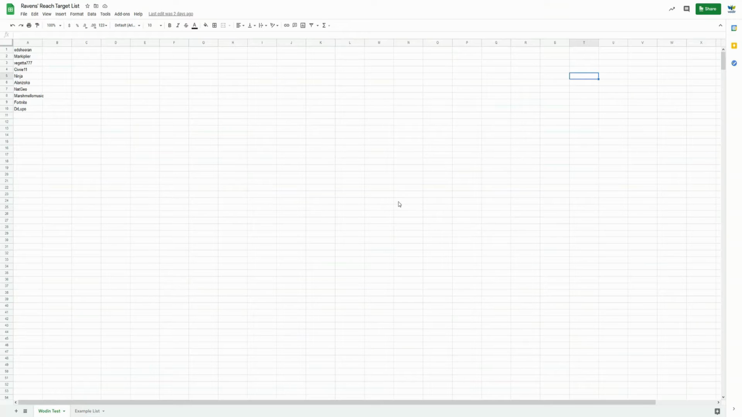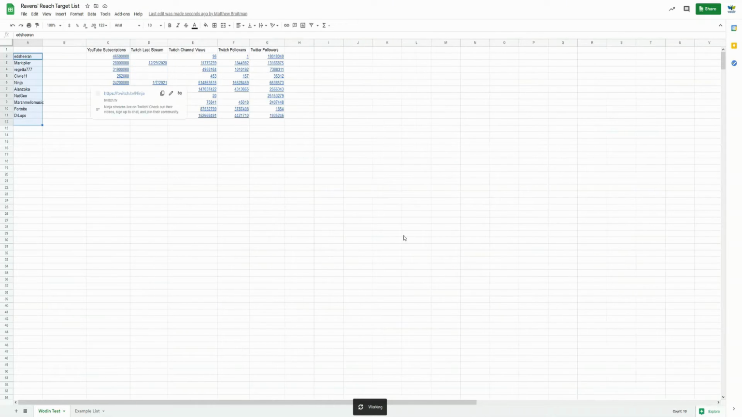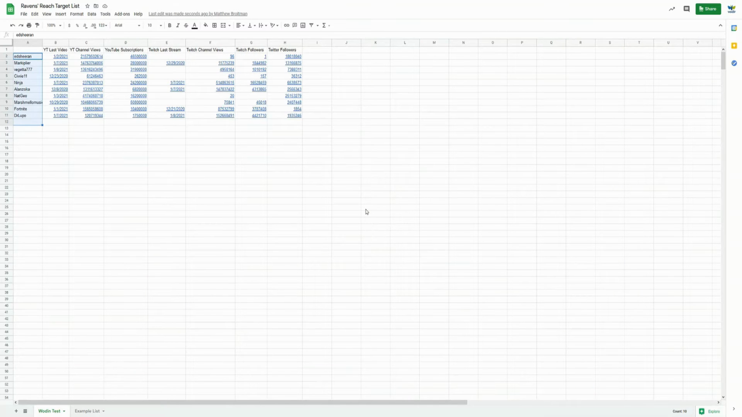All Wodin needs to go to work is a name associated with a YouTube, Twitch, or Twitter account. As you can see, I have a short list of names already prepared. So all I need to do is highlight them, go to the add-ons menu, select Wodin, get all data, and voila! Wodin has identified the channels attached to those names and pulled all the relevant data for them, specifically